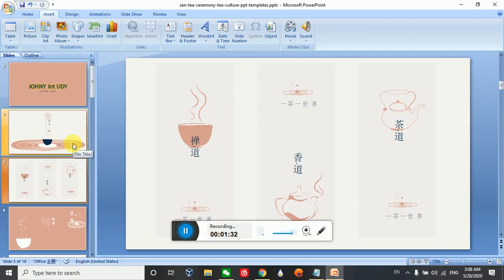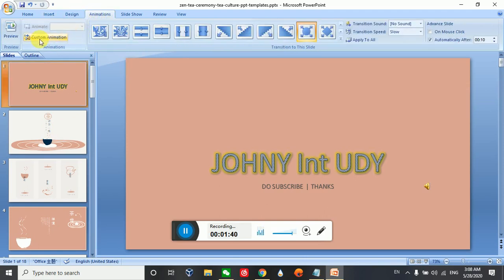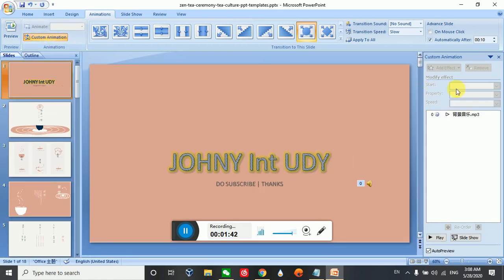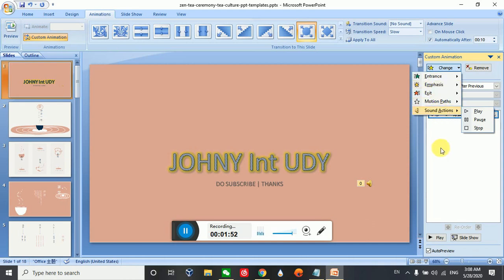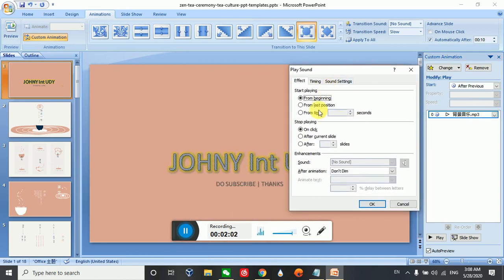So how do we play it on every slide? First you need to go to Animations and then Custom Animation. In Custom Animation you can see your file in here. Click on it and then sound actions. Sorry, just double click on it, and then here you can see from beginning, from time, or from last position,